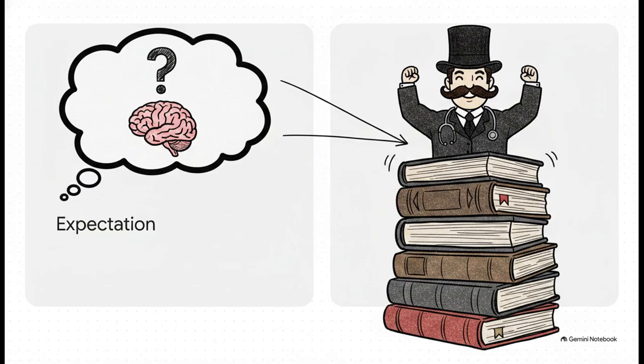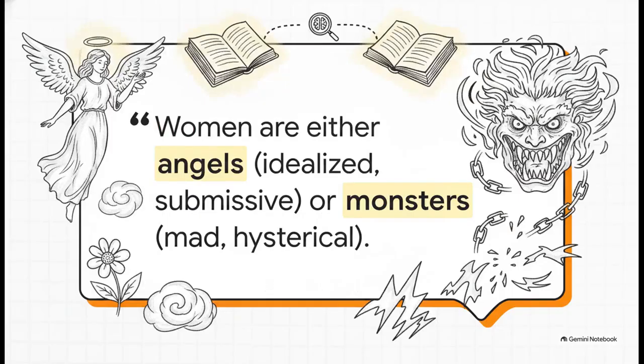It just proves how heavily AI datasets, which are built on the historically male-dominated Western literary canon, still totally default to traditional patriarchal stereotypes when asked about intellectualism. All right, let's push this a bit further using feminist literary criticism. Back in their groundbreaking 1979 book, The Madwoman in the Attic, Gilbert and Gubar argued that patriarchal traditions force women into absolute extremes. They noted that women in classical literature are almost always portrayed as either idealized, submissive angels or hysterical, mad monsters. This critical framework perfectly sets up our next AI test.